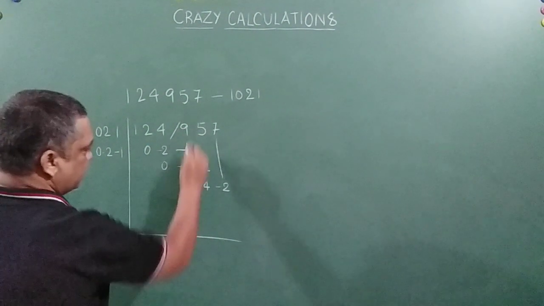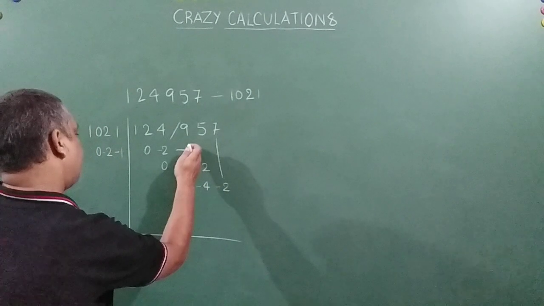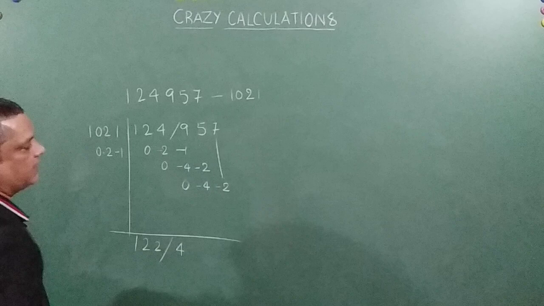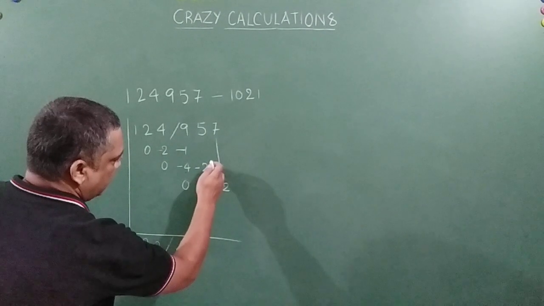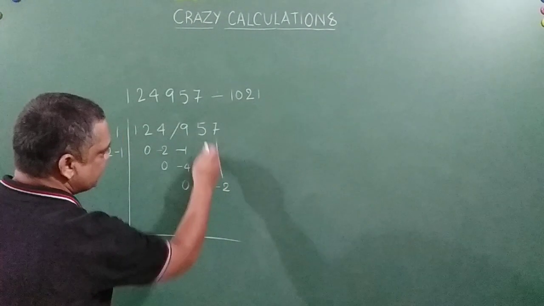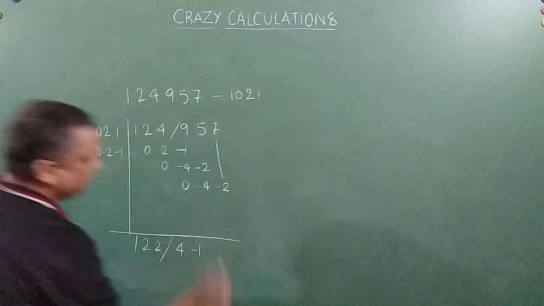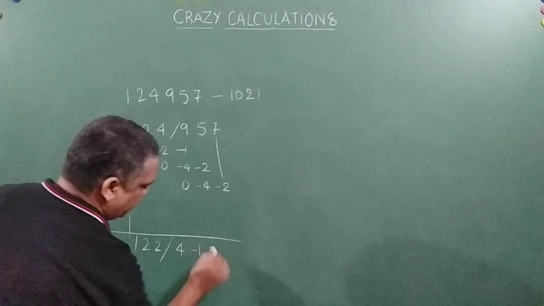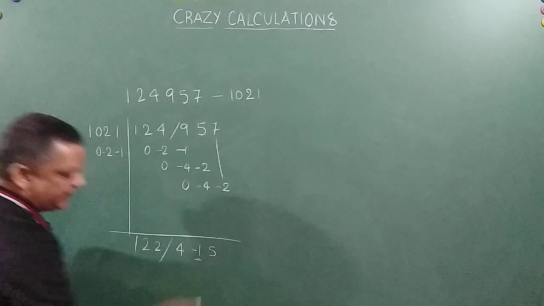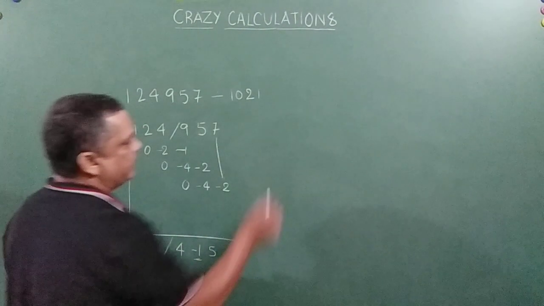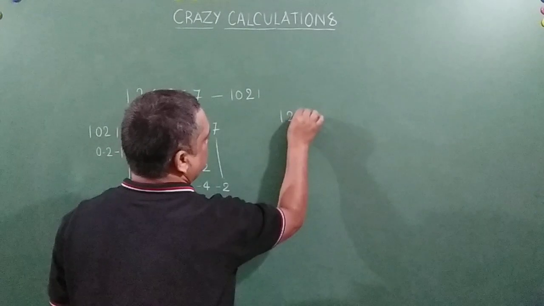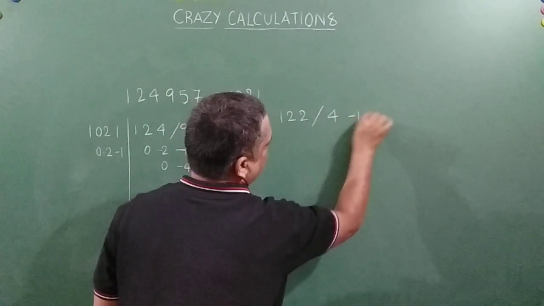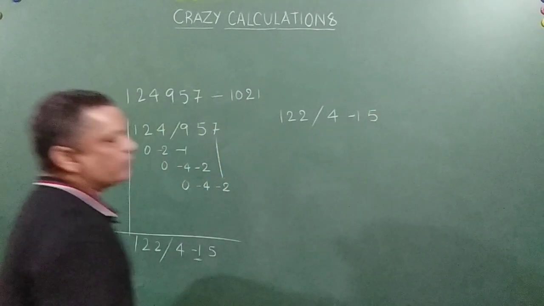Oblique. See, this is 4 and 1 -5 plus, so +4. Correct, friends? This is -6 plus 5, so -1. This is 7 minus 2 is 5. Now I have got a negative value here. So let me treat it here now. 122, 4, -1 and 5. So I have got a negative value here.